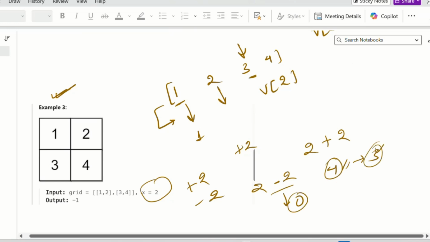I am not able to get 3. So we need to add one check. If I am trying to make it 3, so 3 minus 2, that means we need to add 1 to make 2 equal to 3. We need to add 1, but